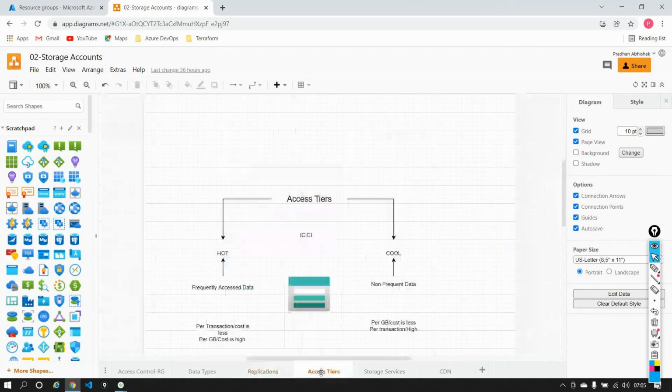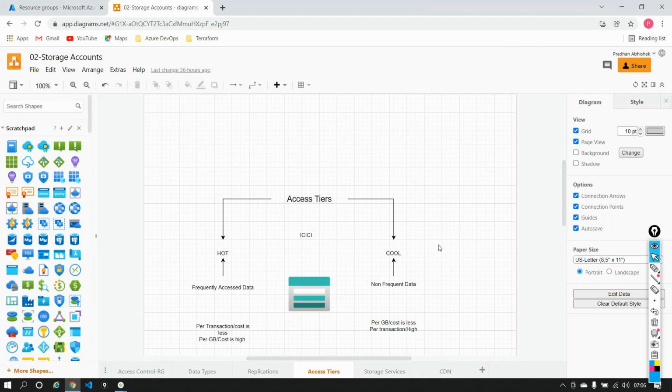And we also saw how you can optimize the cost, meaning there is something known as an access tier: a hot access tier and a cool access tier. Hot access tier is for the data that is very frequently accessed. Cool access tier is for the data that is not frequently touched, like 5 years old transactions or 10 years old transactions. Hot access tier is for data which is touched every day, like 1 month transactions or daily transactions and so on. All these reports you place in hot access tiers, right?